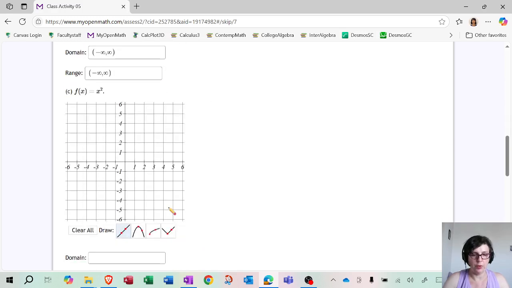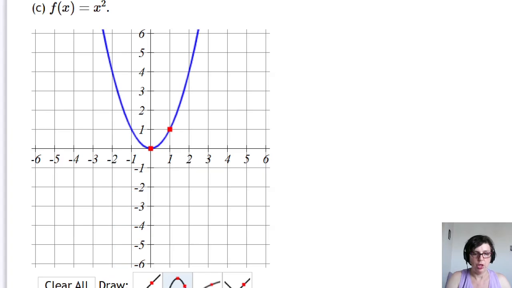Okay, for x squared, this is the parabola. So for the parabola, we do have to switch to this tool, and the vertex of x squared is located at (0, 0), and then we need one more point, and that would be (1, 1). Now let's focus on the domain and the range. So for the domain, you're thinking about, does it look like there's any restriction? What you need to understand is that the graph keeps going, even though you can't see it because it's outside of the grid. It's not going to have any restrictions. It's going to go all the way from the left to all the way to the right. So that's going to be the domain, all real numbers.